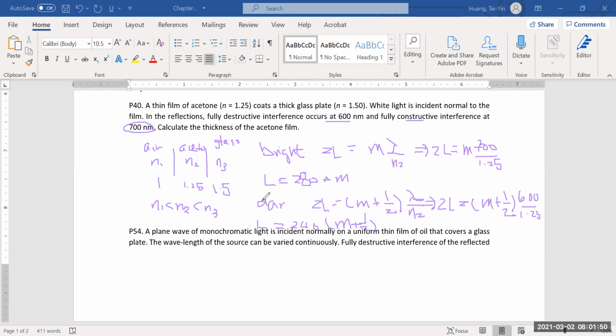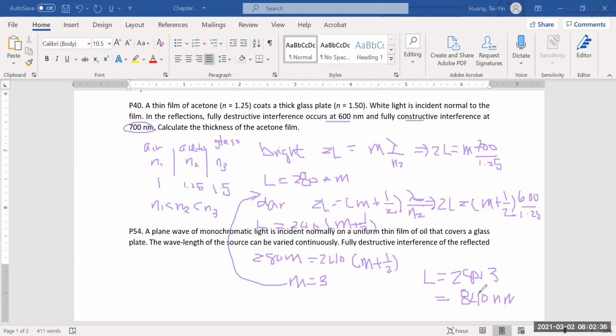Okay, so this L must be equal to that L because it's the same thickness. So from there, we can figure out what M should be, because you have 280 M equal to 240 times (M + 1/2). So from there, you'll be able to figure out that M must be equal to 3. Once you have M equal to 3, you plug into either one of them. Then you can calculate your L. So your L is 280 times 3, so that will give you 840